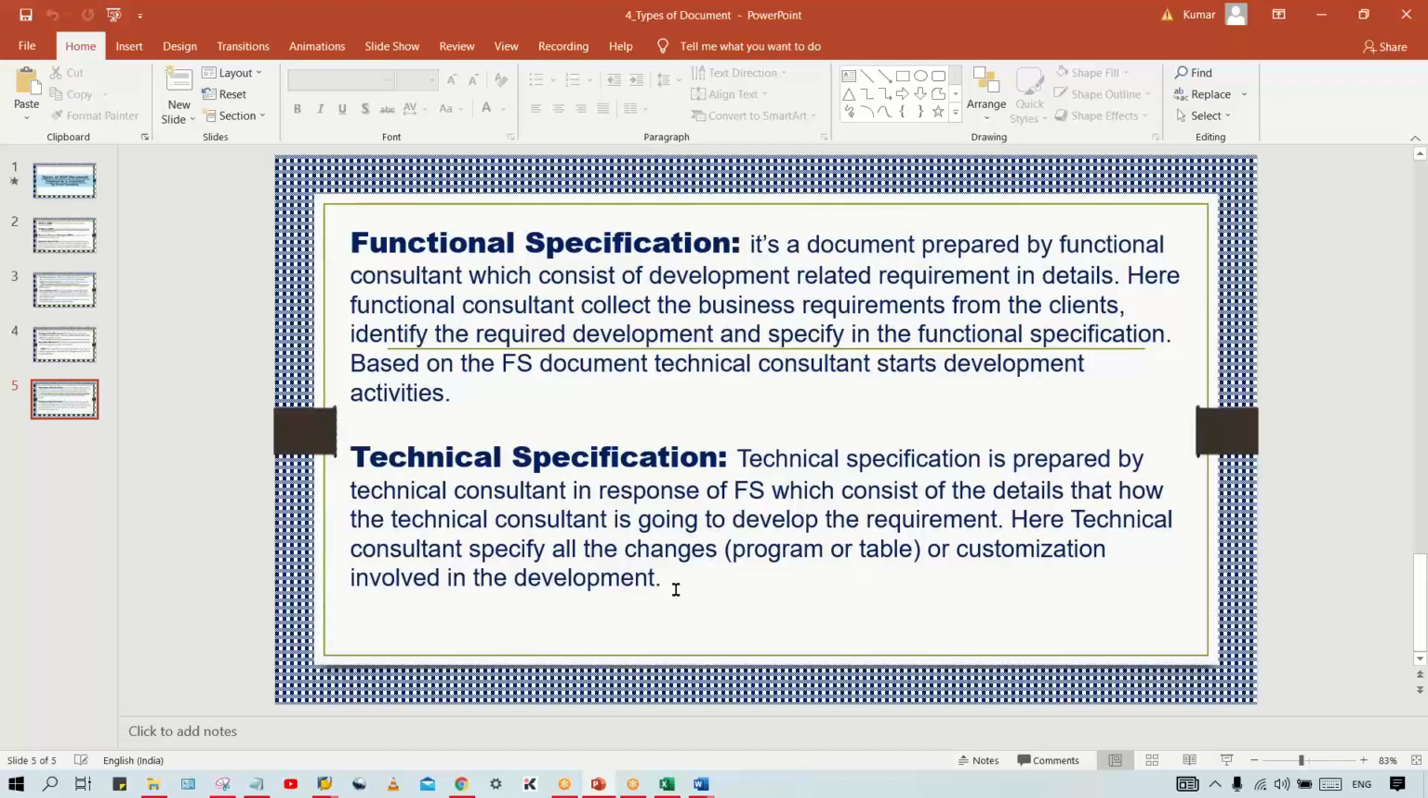So technical specification means what, guys? Simply, in a single line, you have to say that TS is prepared by a technical consultant, where they are going to specify the progress of development related to the requirement, right? Whatever the progress is and whatever the changes are going to happen, those things are going to be specified in the technical specification. That is for their reference,